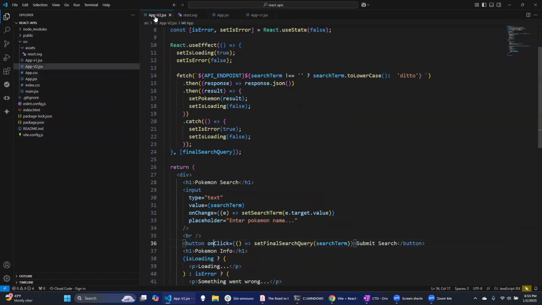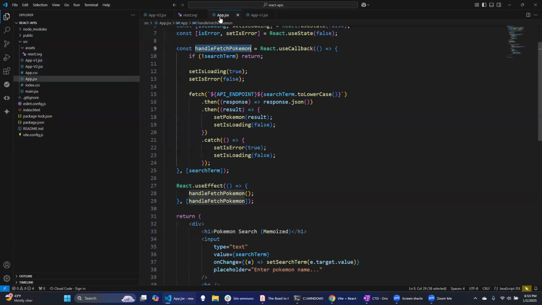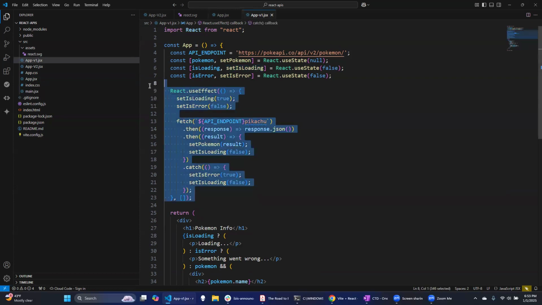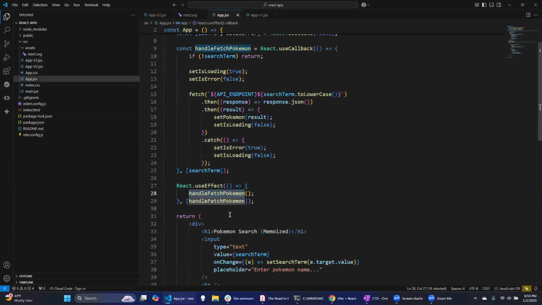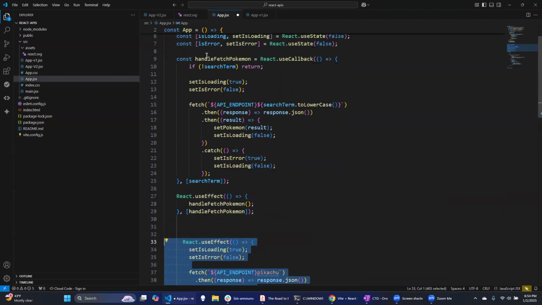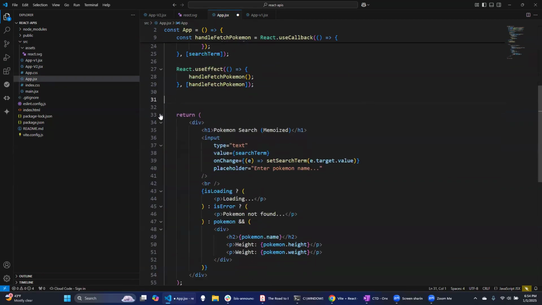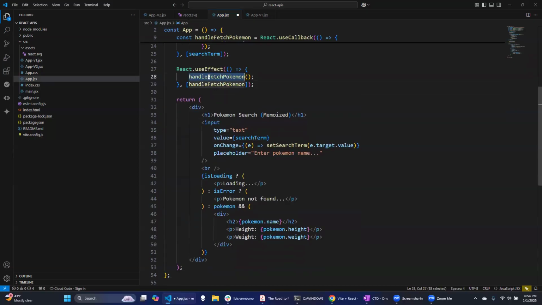What we did was, if I go back to our V1 code, we took this entire thing and moved it into a function. If I copy paste this in here for side-by-side comparison, instead of doing this entire thing in a useEffect directly, we are defining it inside a function and then calling that function